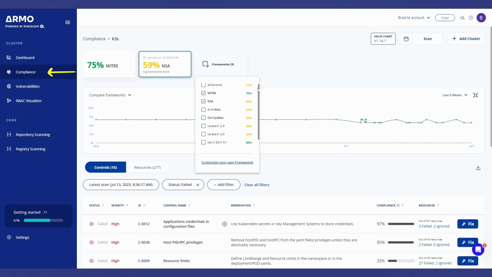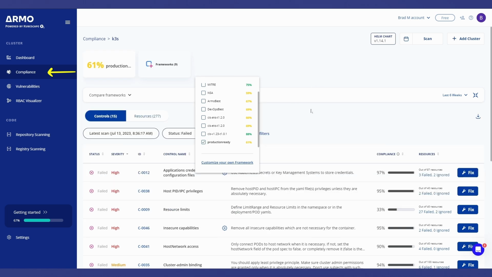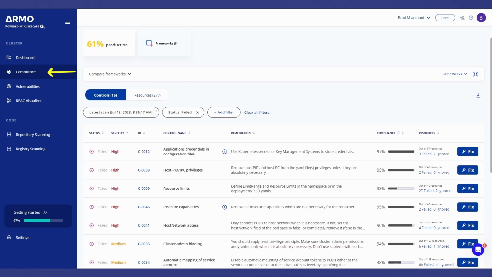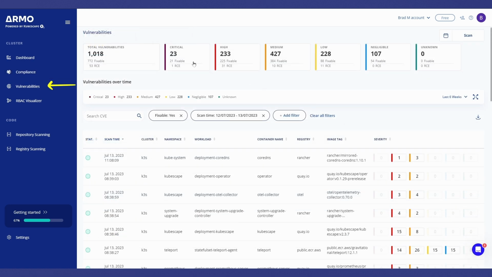So it's a good one to follow, but a lot of those requirements are actually pretty hard to meet for normal day-to-day use Kubernetes clusters. So one thing I like to do is create my own frameworks, and I'll show you how you can do that. The next thing we have is vulnerabilities, and this is going to be all the different vulnerabilities